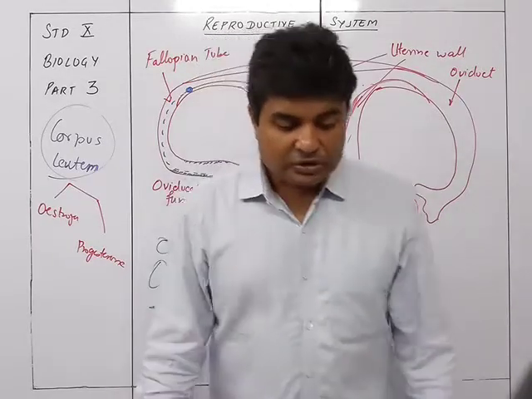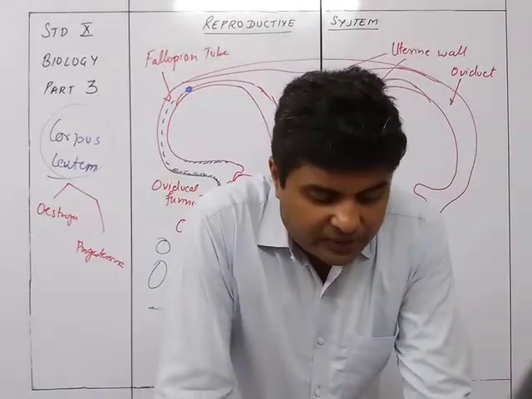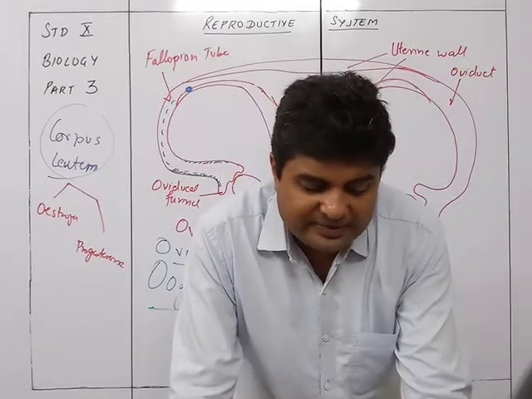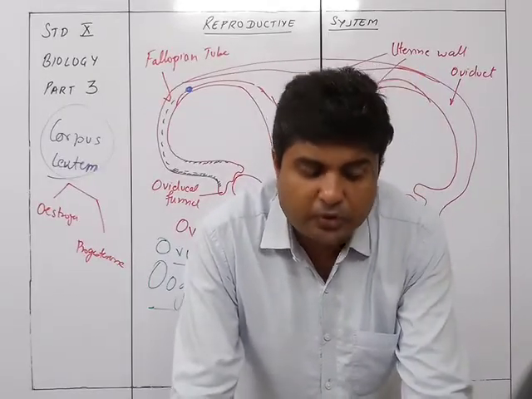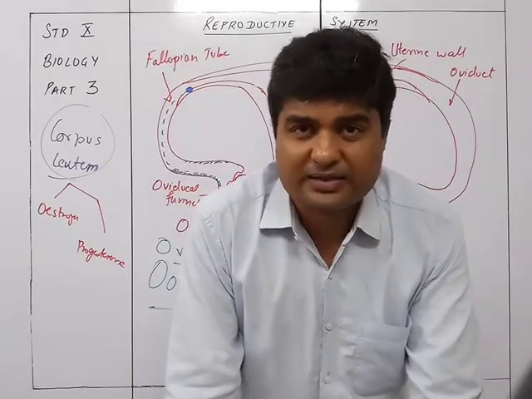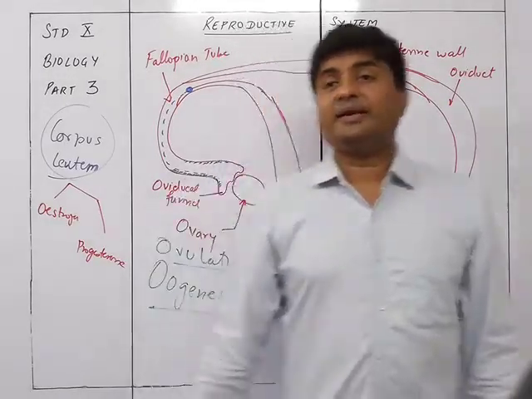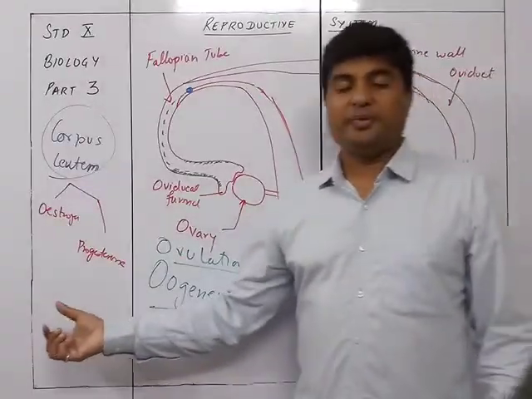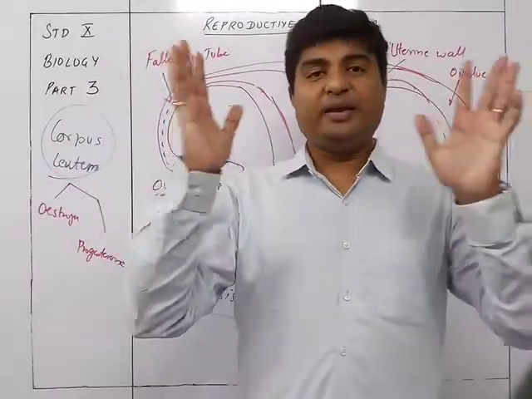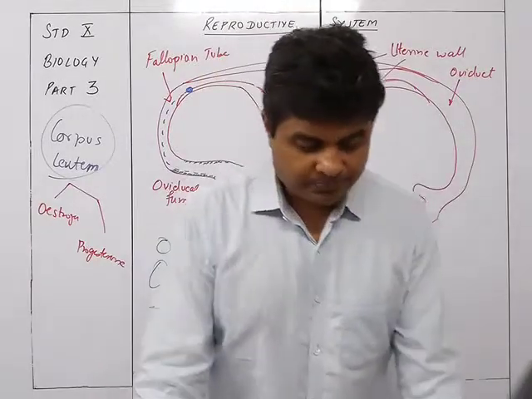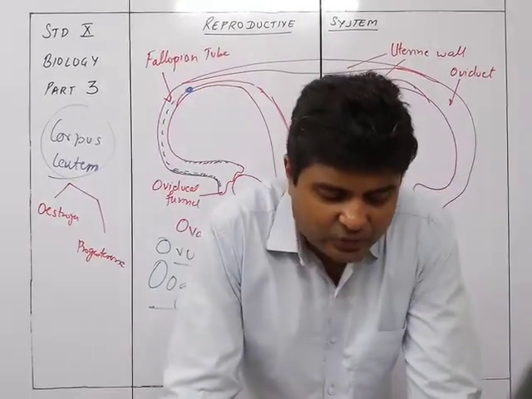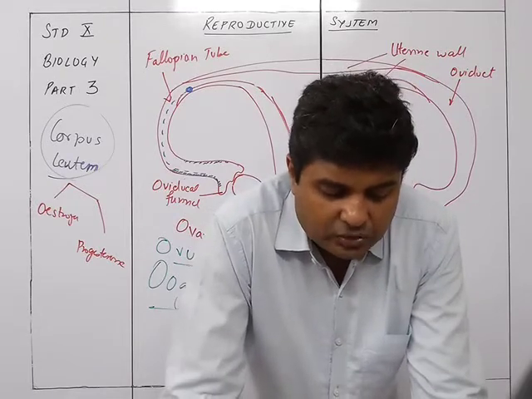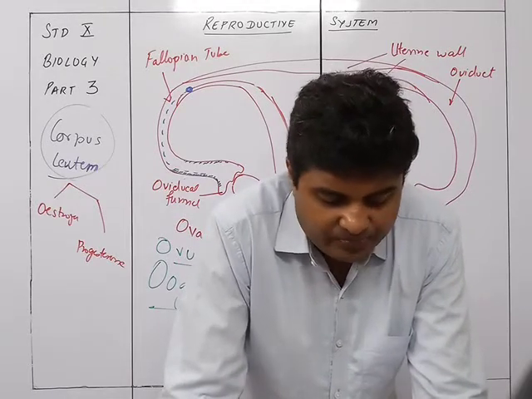However, if on the other hand there is no fertilization, the ovum disintegrates and the corpus luteum stops producing progesterone. So if by the 28th day there is no fertilization of the egg, then the progesterone secretion will stop, and accordingly there will be shredding of the walls of the uterus. As a result, the thickened lining of the uterus starts shredding and loses blood, which escapes through the cervix and the vagina.